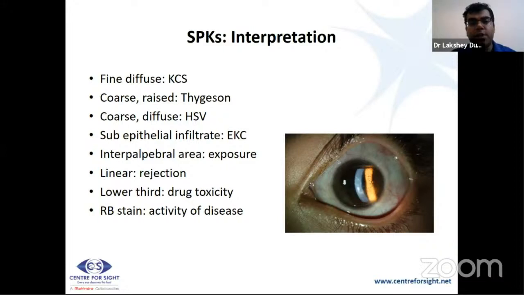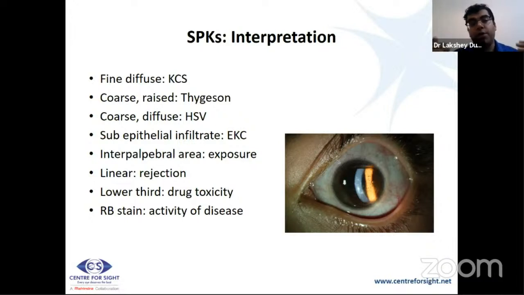If you see fine diffuse KPs, SPKs, it is due to dry eye keratoconus. Or if you see coarse raised SPKs, they are usually seen in tangential keratitis. If you see coarse diffuse SPKs, seen in herpetic infections; subepithelial infiltrates usually in epidemic keratoconjunctivitis; SPKs in the interpalpebral area usually seen with exposure; linear SPKs seen usually with rejection, epithelial rejections;